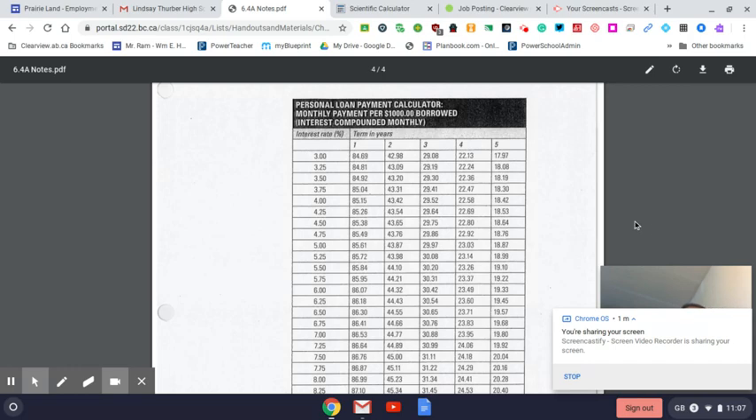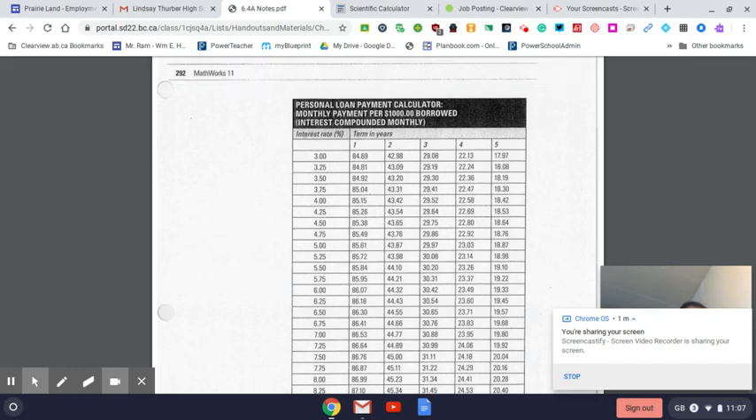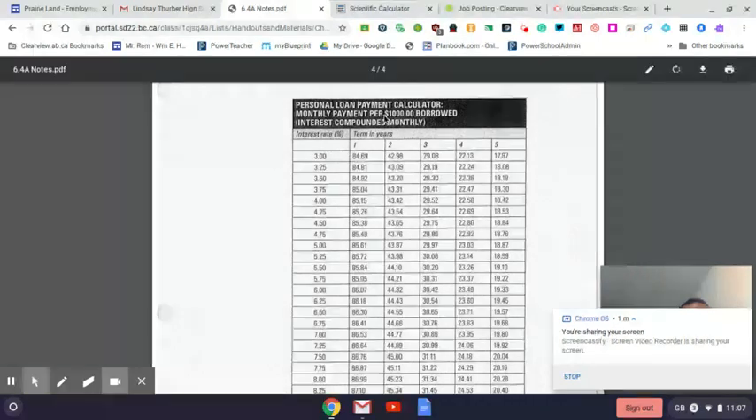Now I'm going to show you this using pen and paper as well. But the key point is that if you look at the interest rate of 3%, that's what you could possibly get. Term in years, 1 to 5. And this is per $1,000 you would borrow. So if you only borrowed $1,000 at 3% for 12 months, you would pay